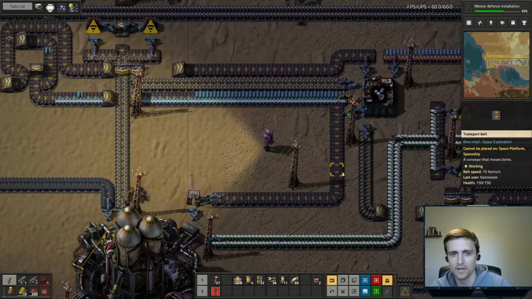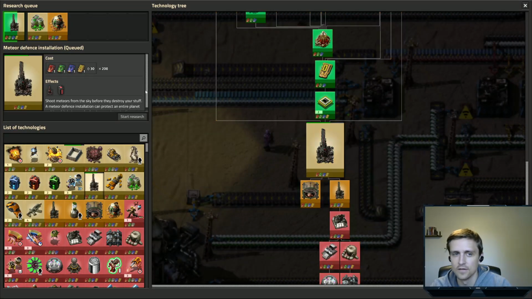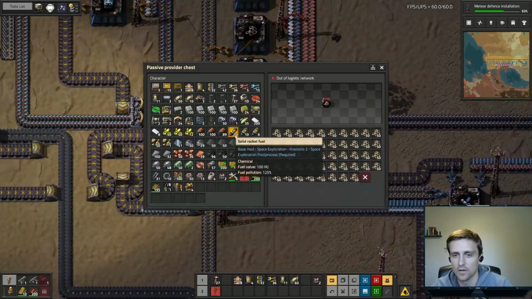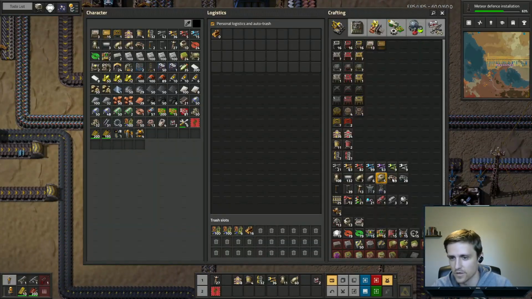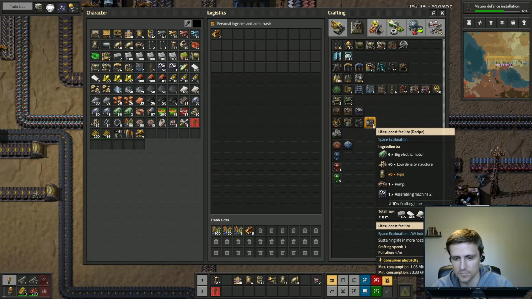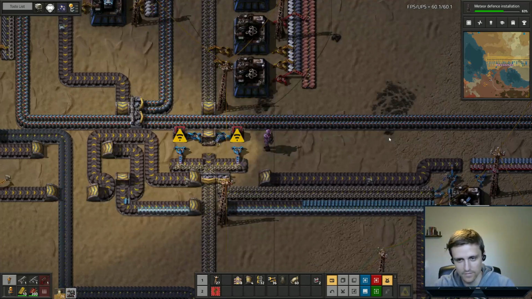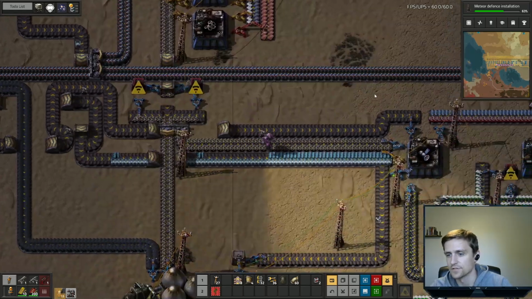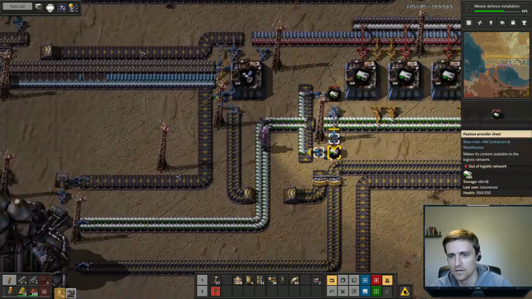So we've now automated, finally, the Rocket Tech card in total. We're also going to grab some low densities because we are going to make a life support facility, which we don't have enough pipe for, but we'll craft that because we want to make one of these thruster suits, and we need...